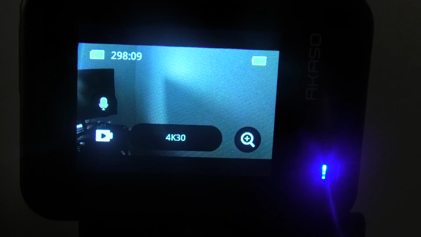But if you're holding it in your hand, or even if you're holding it on a handheld tripod, it's a good idea to make sure that the image stabilization's on. Make sure you turn on the electronic image stabilization. Okay, and I would also recommend, you probably should always make a test recording.